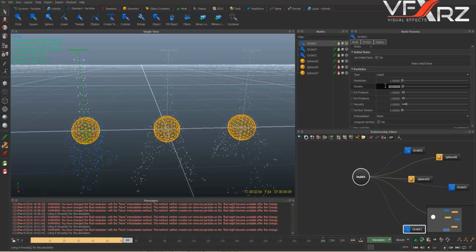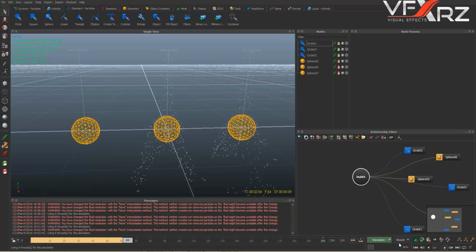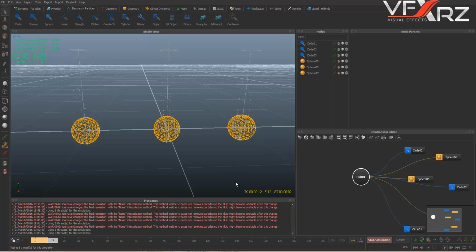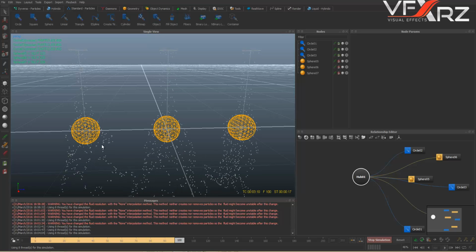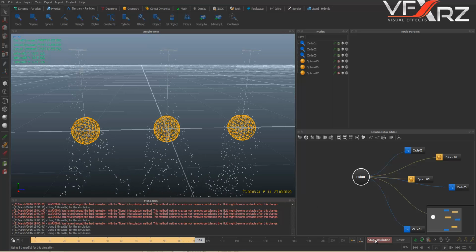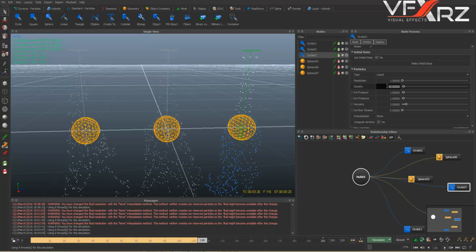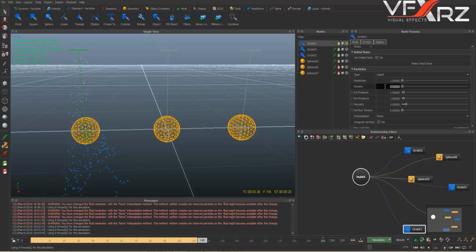And for example, if you change circle 1 density to 5, click reset, yes, and click simulate. Now, as you can see, that density is very low. Okay, change all of that to 1000, 3, 2, and 1. Okay,